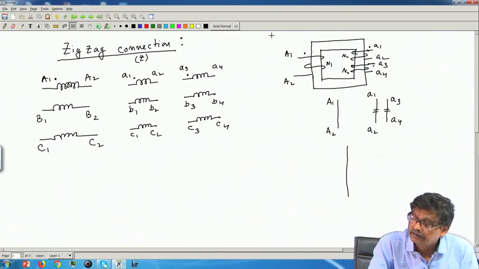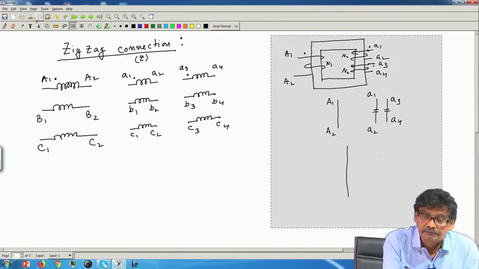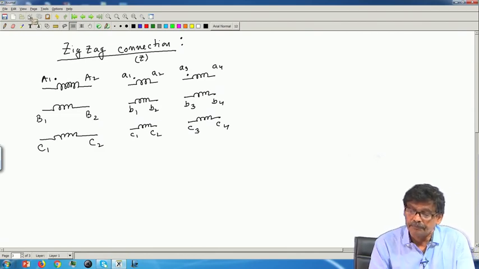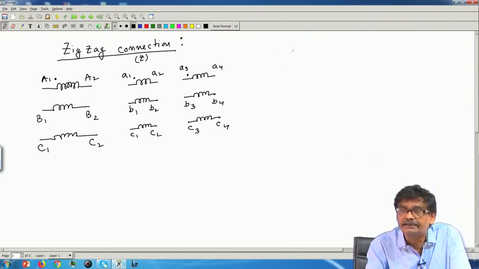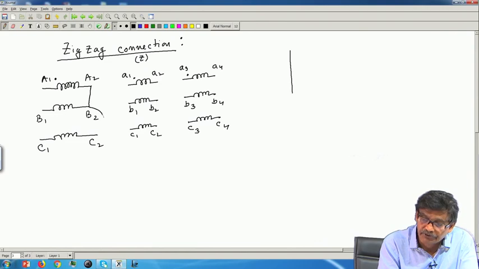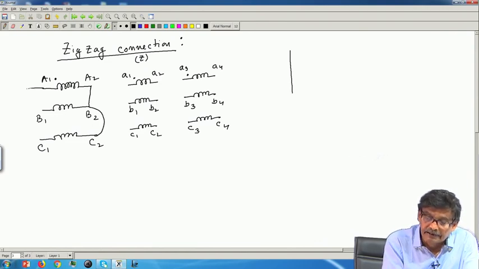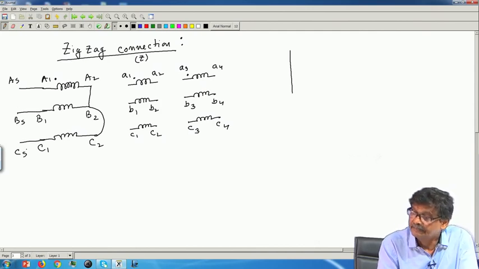Now, I know what it is. Okay. Now, primary I will connect in star, a valid star. For example, I will connect short A2 B2 C2 and give supply to AS, BS and CS supply,